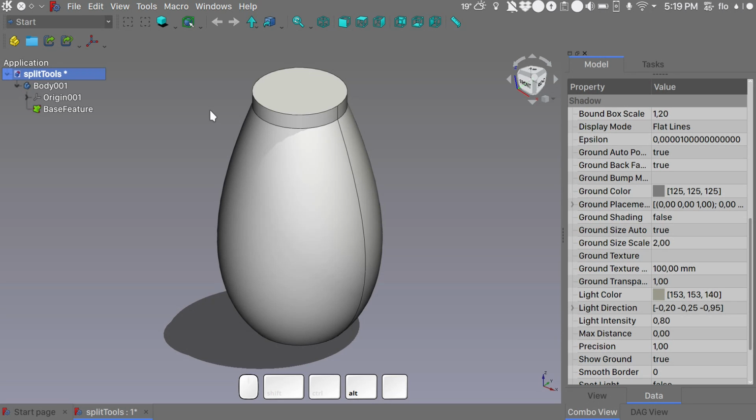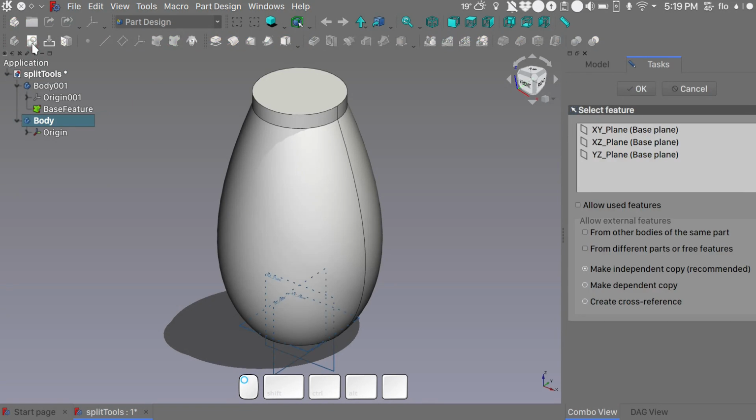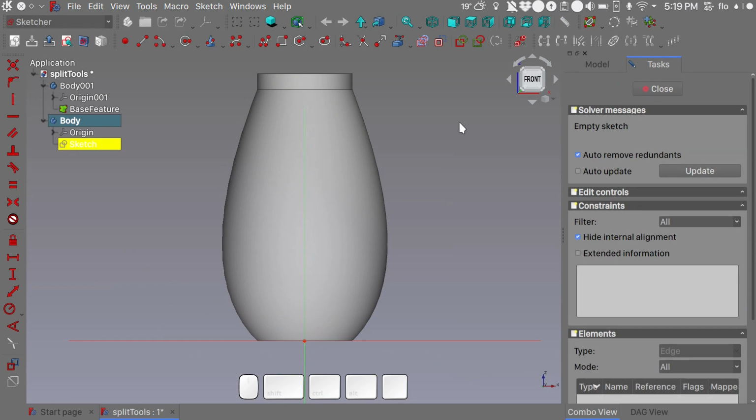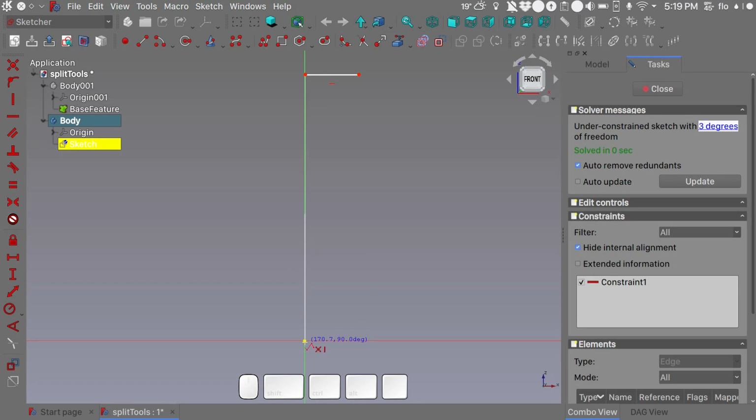So we'll change our workbench to the PartDesign. We'll create a new body, and within this new body we'll create a sketch on the XZ plane. Okay. Let's just go ahead and hide our previous body, select the polyline tool and do a quick rundown of the overall shape. I'll snap to the origin,